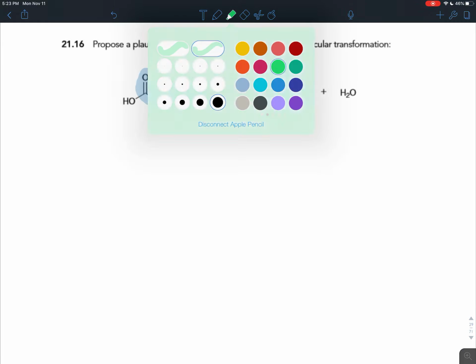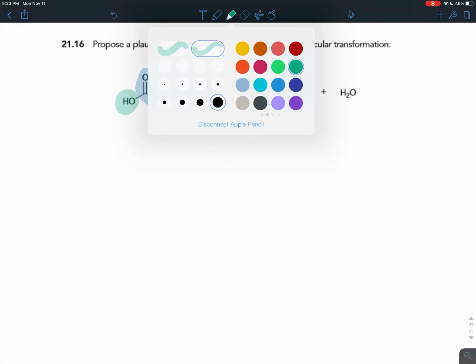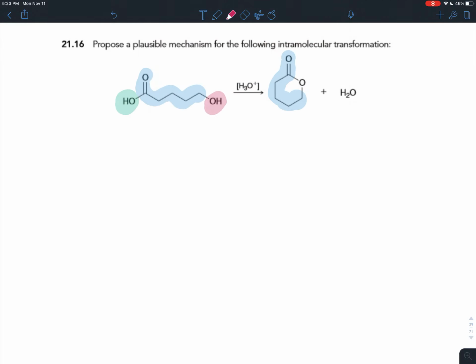In one, you have the carbonyl carbon bonded to an OH. So you have a carboxylic acid. And you want to think of that other group on the carbonyl as a leaving group. You have that, and on the other end of the molecule you have an OH, which can function as a nucleophile. In the product, the OH is gone, and it's been replaced by an ester, the carbonyl bonded to an